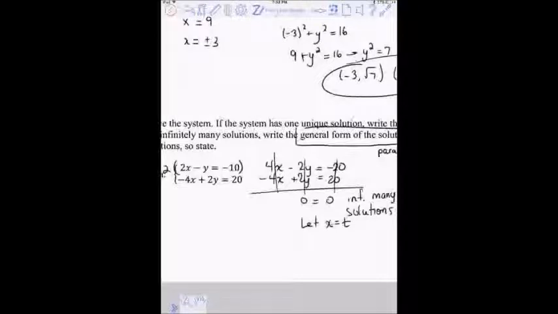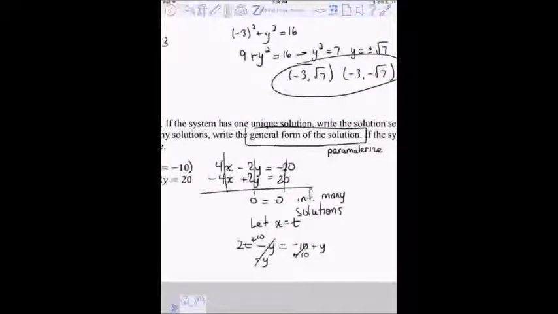So if x equals t, now I'm going to take the top equation, which was 2x minus y equals negative 10. I'm going to let x equal t then. So that top equation becomes 2t instead of 2x, minus y equals negative 10. So I want to solve this for y and get y by itself. So if I add a y and then add a 10, I'm going to get y equals